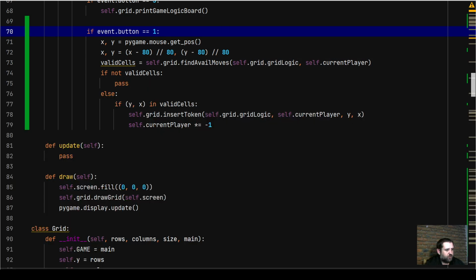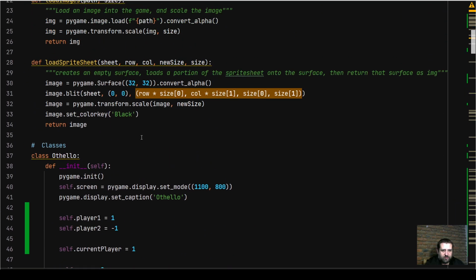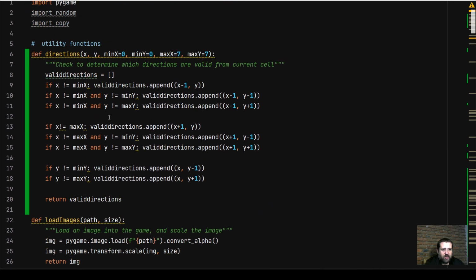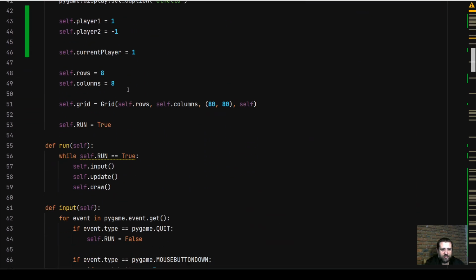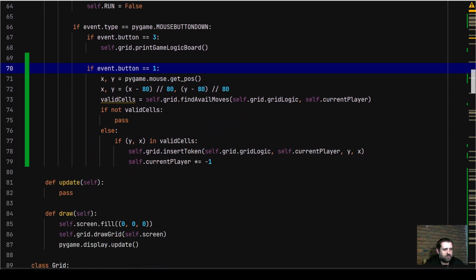The first thing we're going to do is go into our game and go to our input. As I mentioned, we did a heck of a lot of the logic code in the previous video, particularly when it comes to these tokens. However, the video was getting a bit long, so I thought it best to cut it off and carry on. Here in our input function, in the main Othello class, we check to see if it's in the valid cells. So if yx is in valid cells,